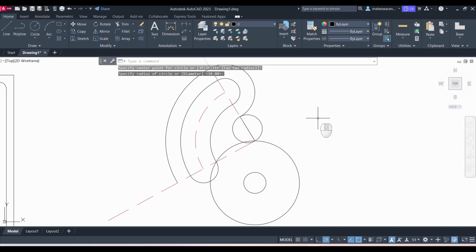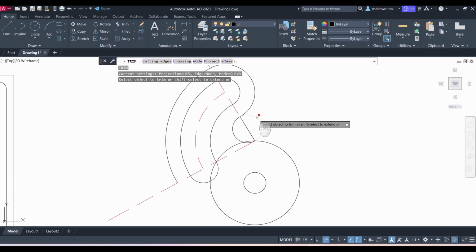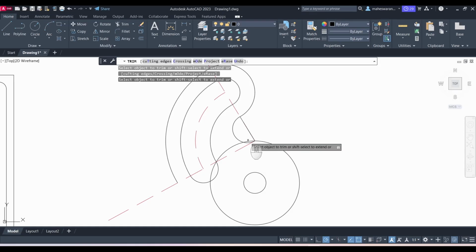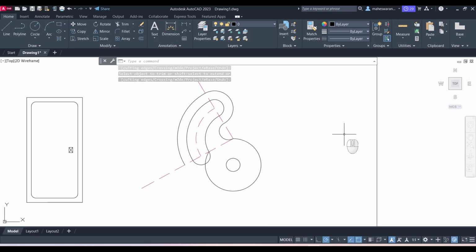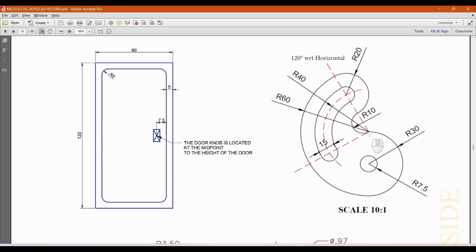Let us trim that. Go for trim. Trim this part, this part, this part. Okay, and you do not require that reference line. I will delete that also. Okay, press enter. So this is my part. It is similar to this, right? The last thing is I have to connect this with